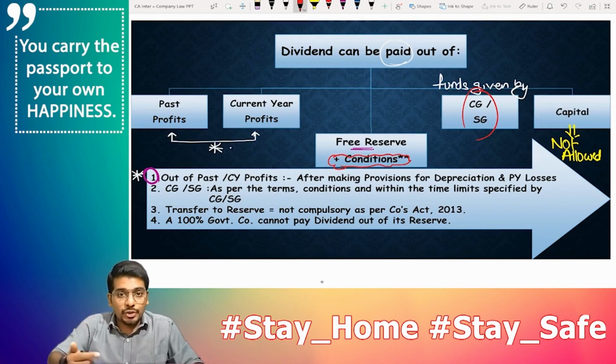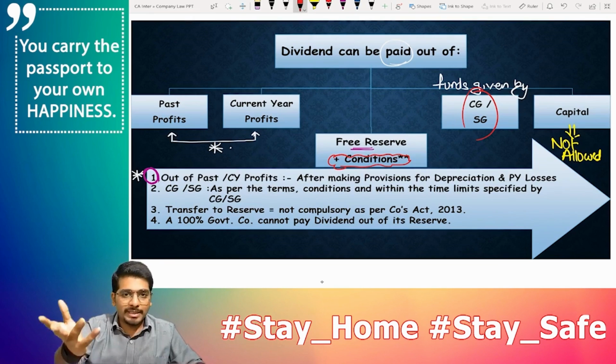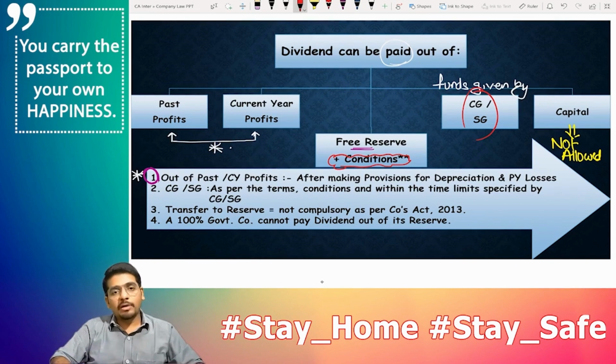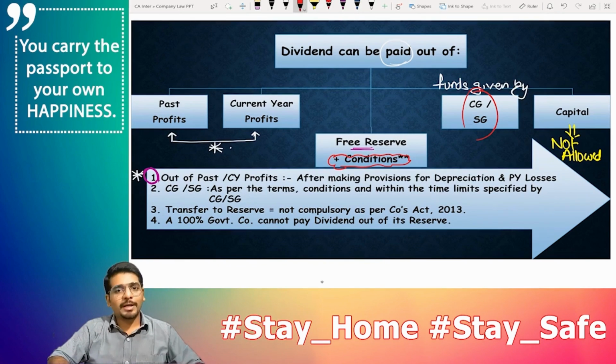So to make sure that the investors keep on investing their money also, the central or state governments many a times happen to give grants. You might have heard about government grants. The governments give grant to such kind of companies where they say, take this money and utilize it for the purpose of distribution of dividend to your shareholders, so that they feel we are also getting something in return, and they will keep on investing in such companies.